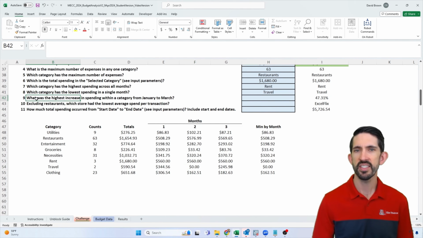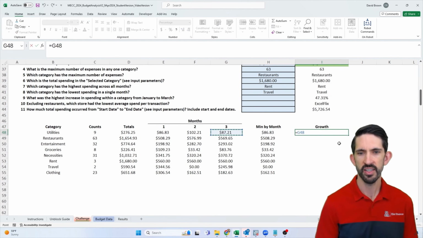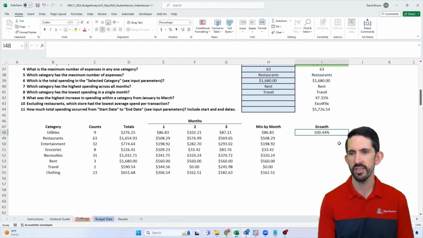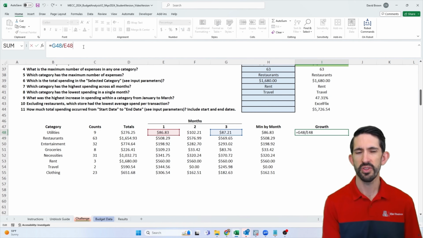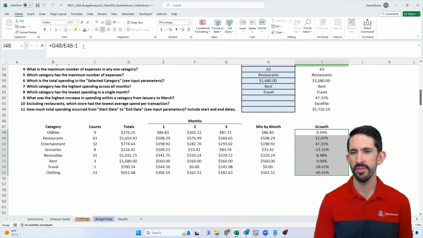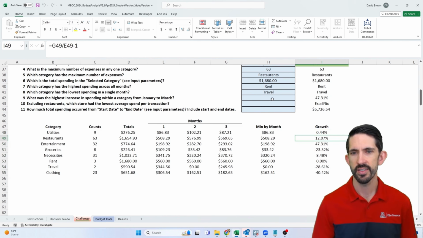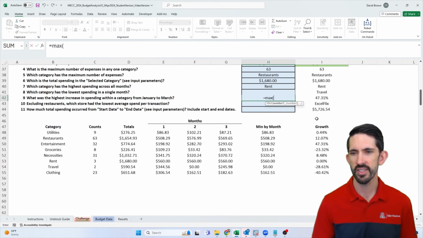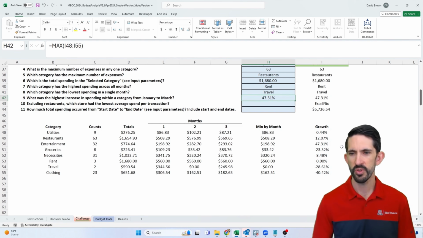Let's see, what is the highest increase in spending from January to March? Well, that requires us to calculate some growth numbers. So let's take our March spending divided by our January spending. In this case, it says 100.4%. We really don't want that. We just want the growth piece. So let's subtract 1. And again, we can copy that down to see that we have our growth numbers. Now, which one's the highest? Well, here again, we can use max over all of our growth numbers, and we see that 47.3, which corresponds